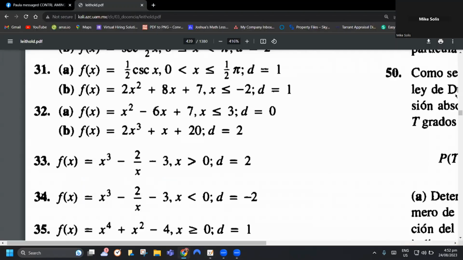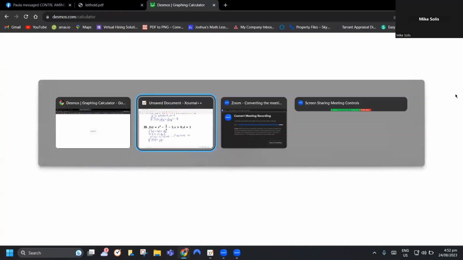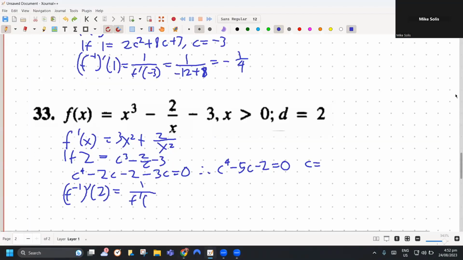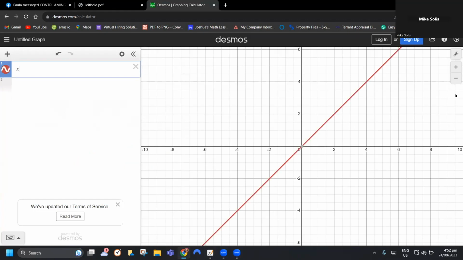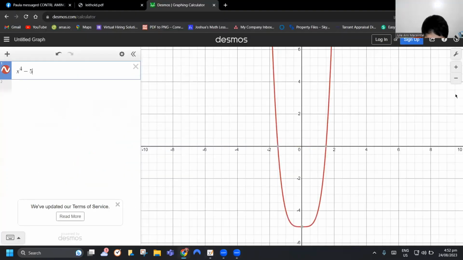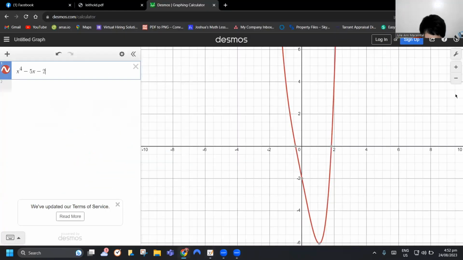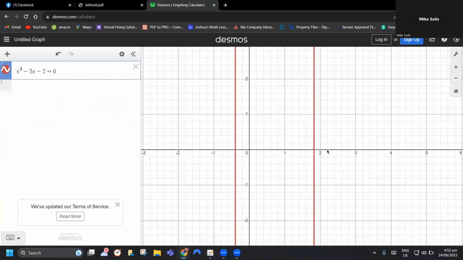Or well, pwede rin, 1.826, 'di ba? Or 1.827. Pwede rin. Sulat mo lang: x to the fourth minus 5x, 5x minus 2. Tapos kailangan natin x greater than 0. So,